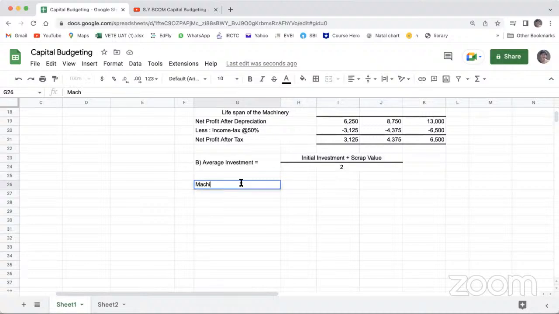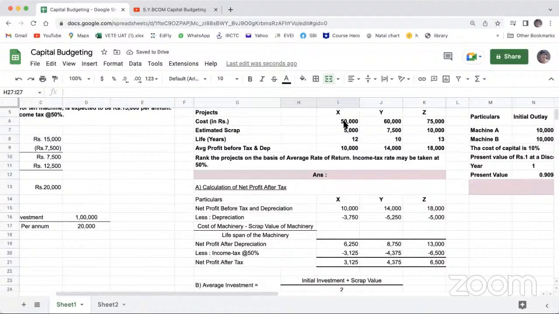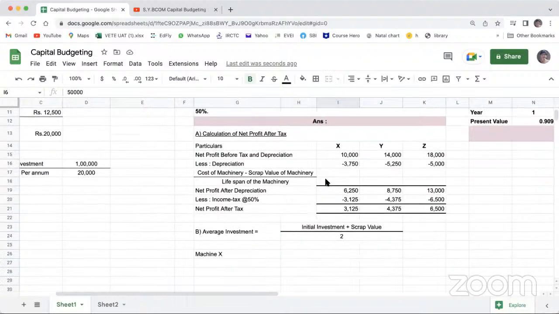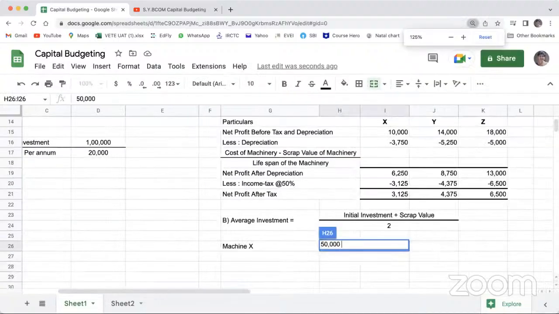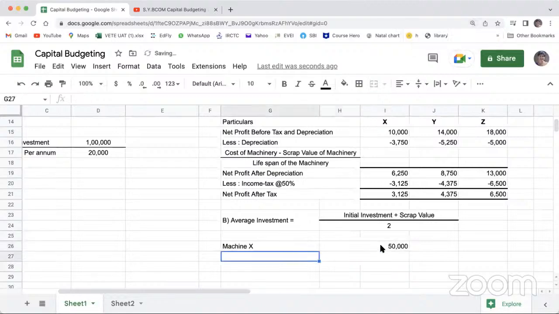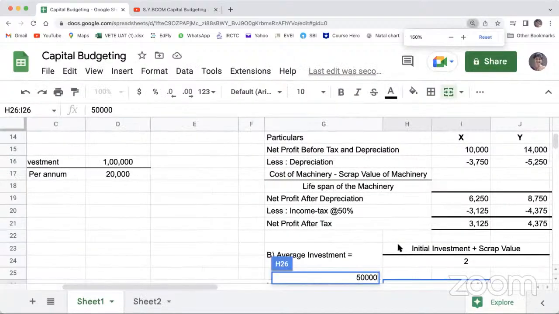Now we'll do one machine at a time. So machine X, we'll do this one first. कितना आएगा इसका? What is the initial investment done? क्या है? कितना दिया है? प्रोजेक्ट्स में कितना पैसा लग रहा है? 50,000, right? So 50,000 plus